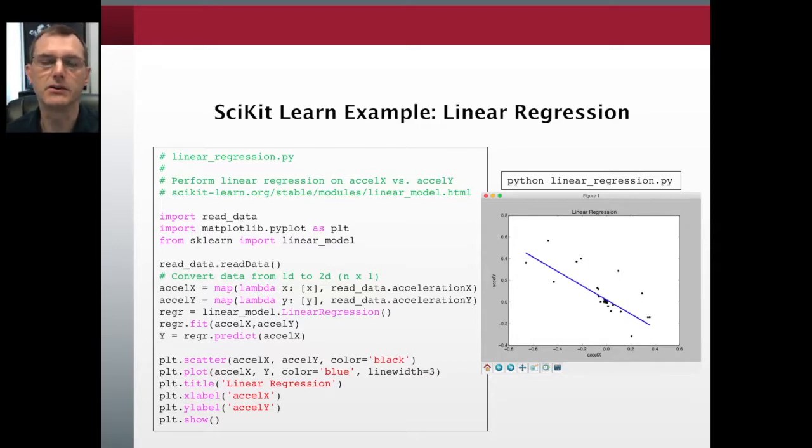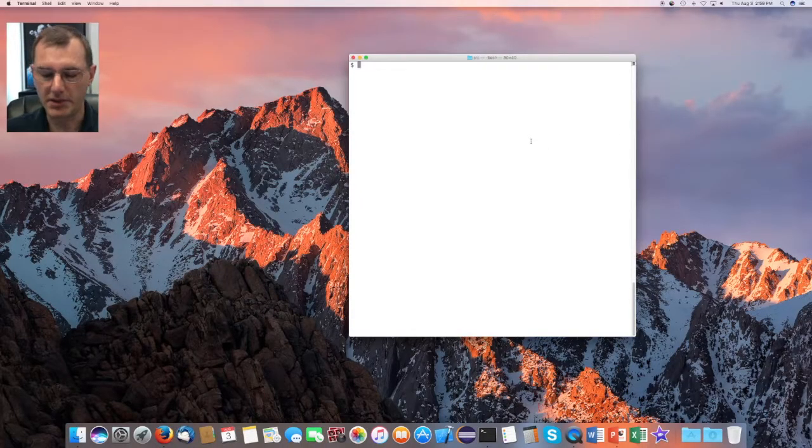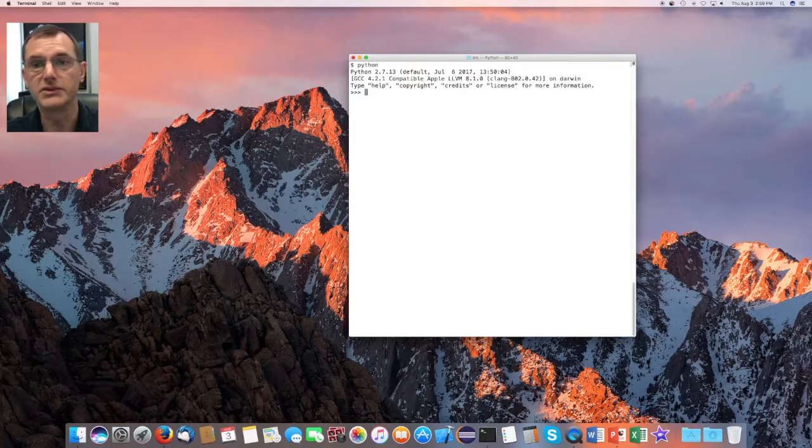Now, just to show you that in a little more detail, I'm going to jump out of the slides here and go into a terminal window so you can see a little better what's happening. So here we are in a terminal window. I'm going to start up Python. The nice thing about Python, of course, is that you can start up an interpreter and try out some of these things. So let me just create a list, call it acceleration values,